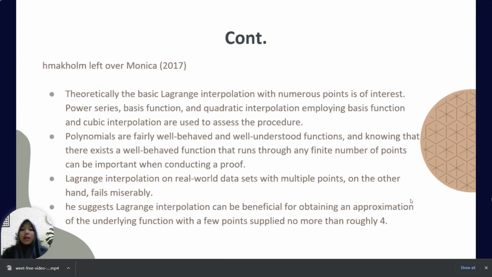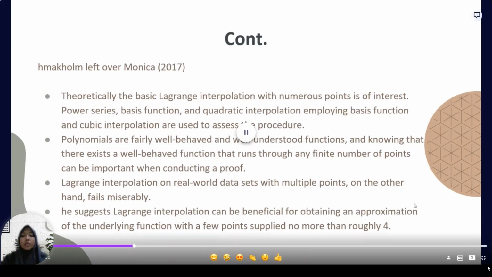Next, Hakom Leftover Monica, 2017, states that theoretically, the basic Lagrange interpolation with numerous points